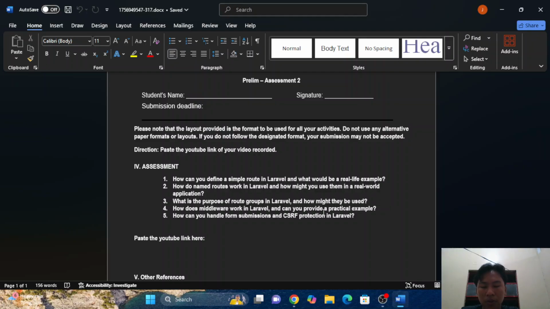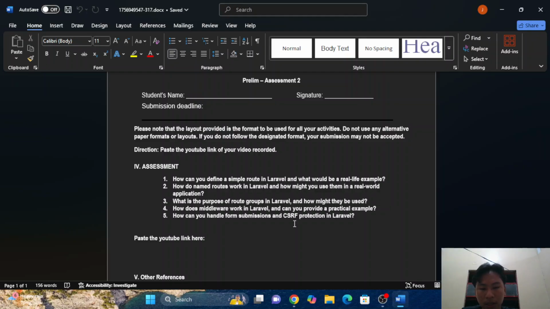Otherwise, the request proceeds. And lastly, how can you handle form submission and CSRF protection in Laravel? In Laravel, form submissions are handled by defining routes that point to controller methods where you can access form data via the request object and process it.